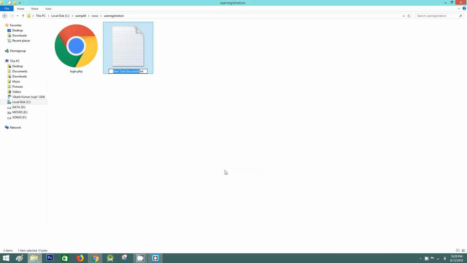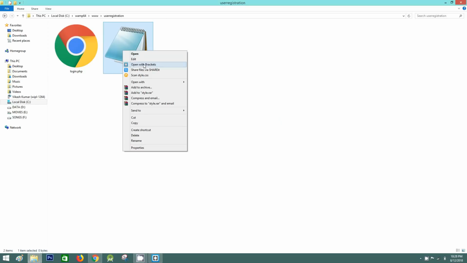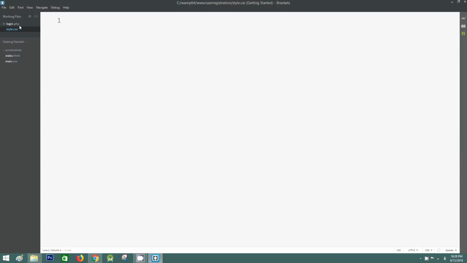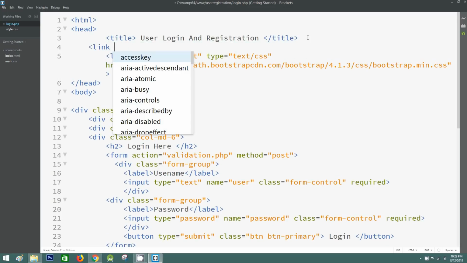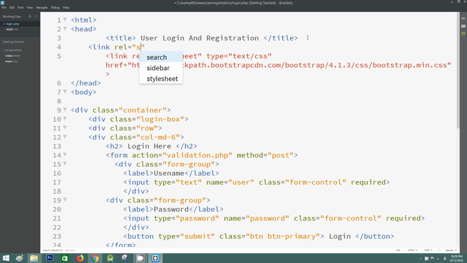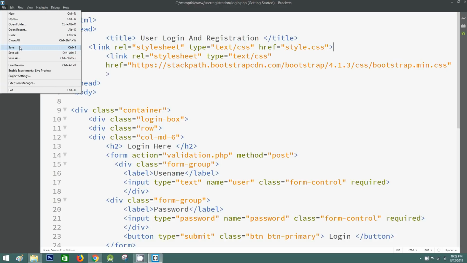Now I'll go to my project folder and here I will create one more file called style.css. Okay, then now we'll open it in the editor. Okay, and here we have to link this CSS file with this HTML. Okay, for that I'll write link rel stylesheet type text/css href style.css. That's it. Okay, now I will open this style.css